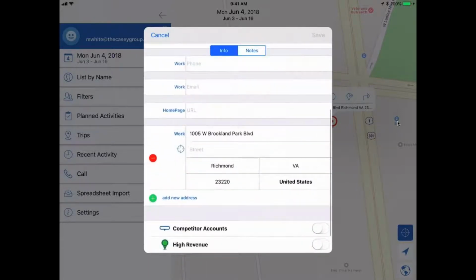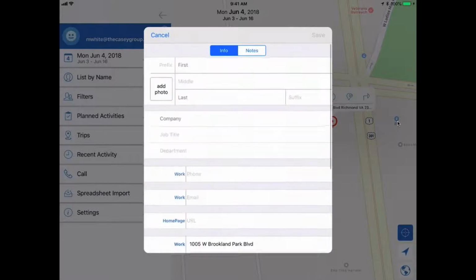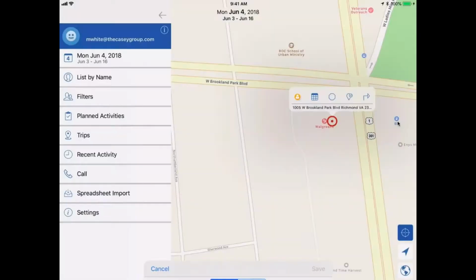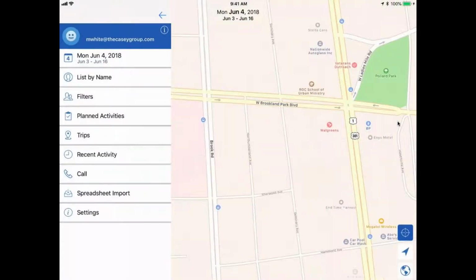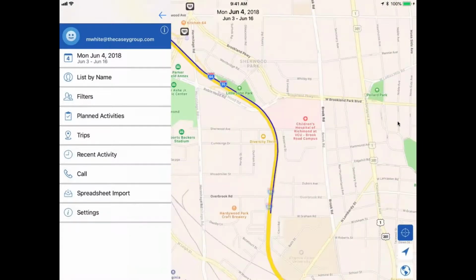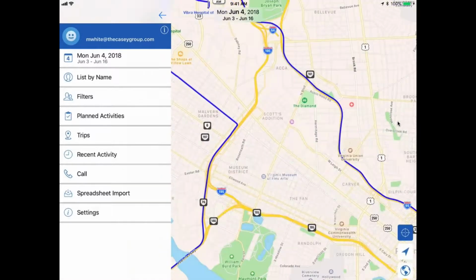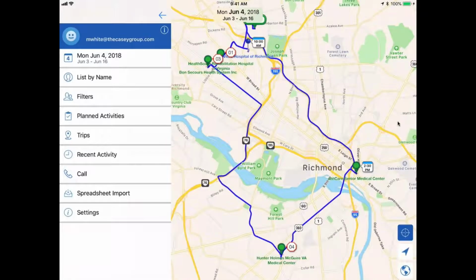And once again, that's the same form that Calvin just had us show through list by name. But the nice thing is the address is already pre-filled. So we just have to enter the name. So just a little handy trick. I know a lot of users add some restaurants that way, just so they know some spots that they like to take clients to for lunch, etc. But let me get to the spreadsheet.